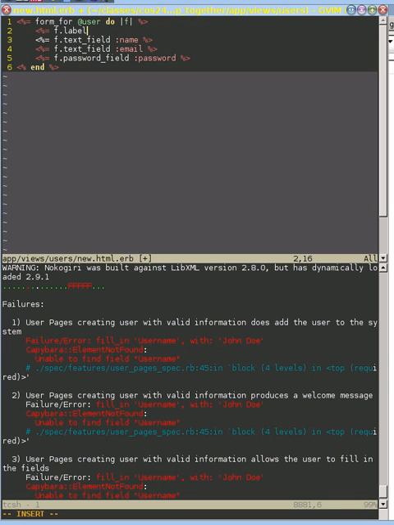We technically could put our labels in different orders than our text fields. And so this is going to be the label for our name. And we want our label to be username, because that's what Capybara is expecting to find to fill out with John Doe. So let's do that and see what happens on our web page first,